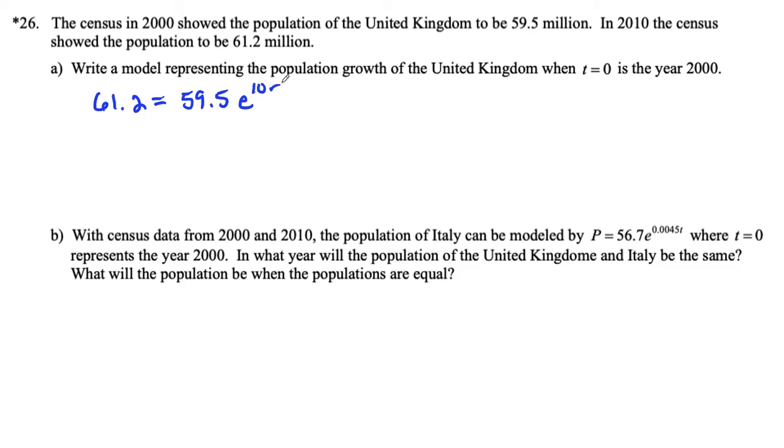Now we should be able to save ourselves a little bit of time here because we're basically solving the exact same pattern of problem as we did in problem number 25. So you can look back at the work there. I'm just going to cheat and skip ahead to the end result, which is going to be the natural log of 61.2 divided by 59.5, all divided by 10. And that's going to give me my rate, which in this problem is approximately, looking at my notes here,